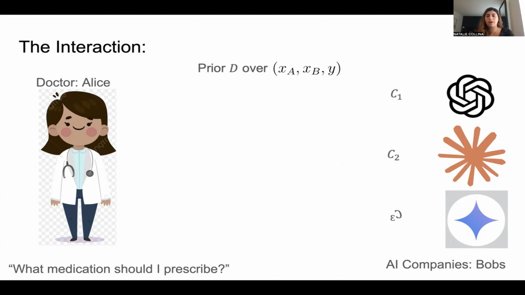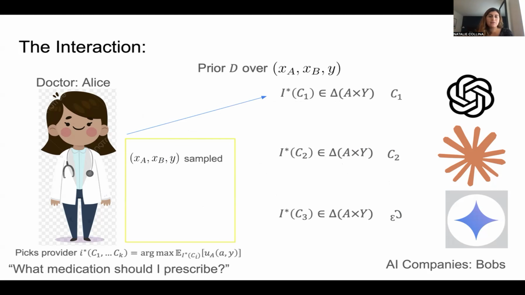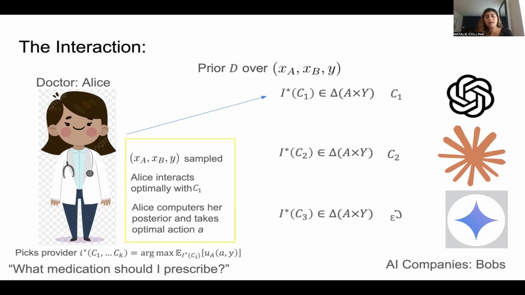So there's some prior, there's some particular conversation rules that I committed to. I don't know why this one is flipped. But for all of these, the doctor gets some sense of what this outcome might look like for her. She picks one to subscribe to, and then they actually have some conversation about what's going on for this particular problem she has. She interacts with it in some optimal way, in order to extract the information she needs. And then she computes her posterior and takes the optimal action.